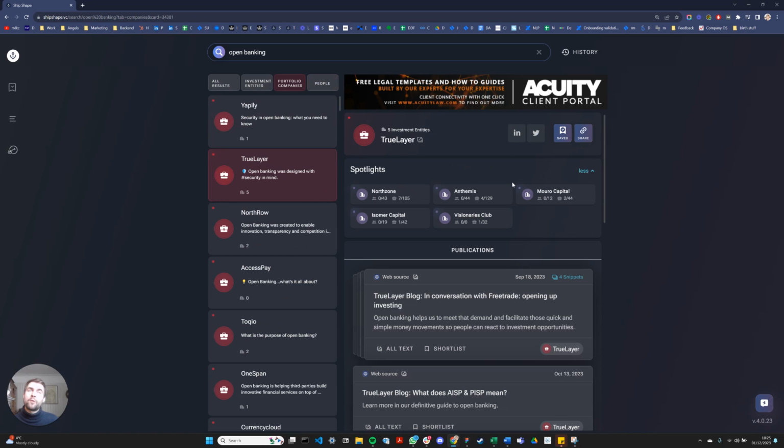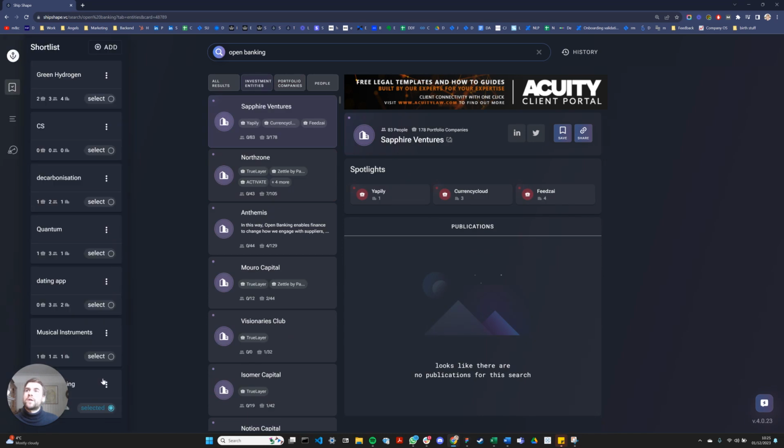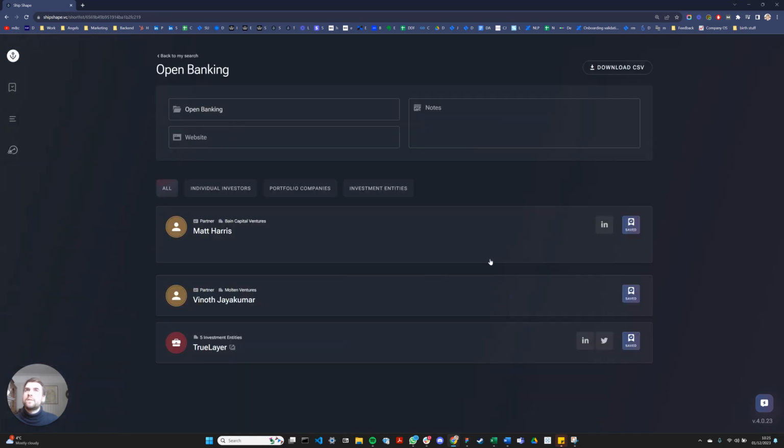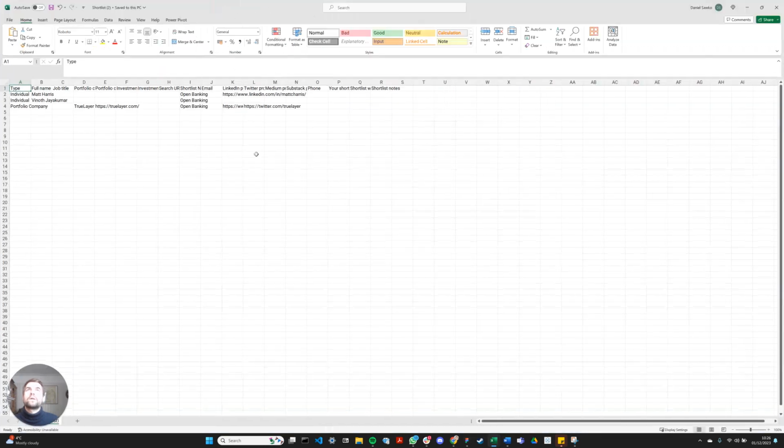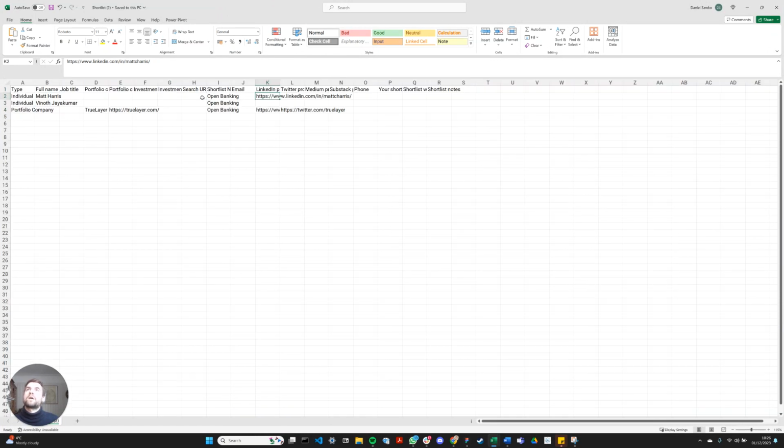And this is all just to help me build research or pieces of evidence that might help with regards to this. Now, I want to export that shortlist, and I can do that. So I just click here. I can download CSV, and having downloaded that CSV, I can open it up. Okay, and if I've got, for example, the LinkedIn, which we do for Matt Harris,